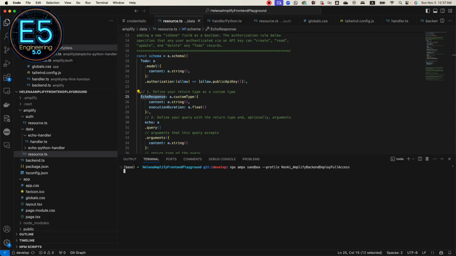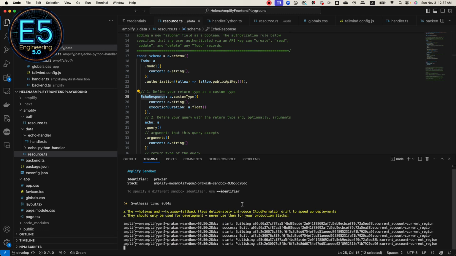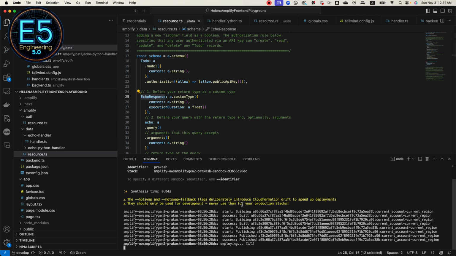So if I deploy it in the sandbox, then I can run it locally. And we need to wait for the sandbox to be set up. So while this is happening,